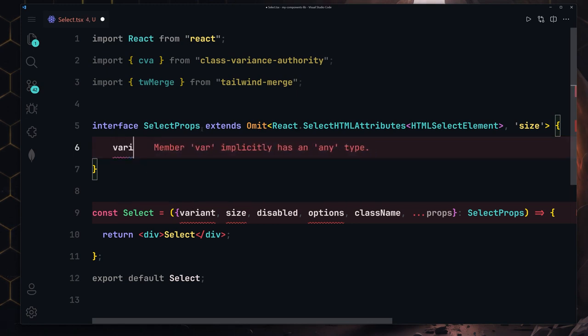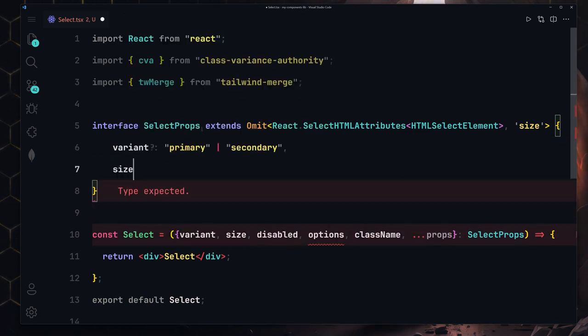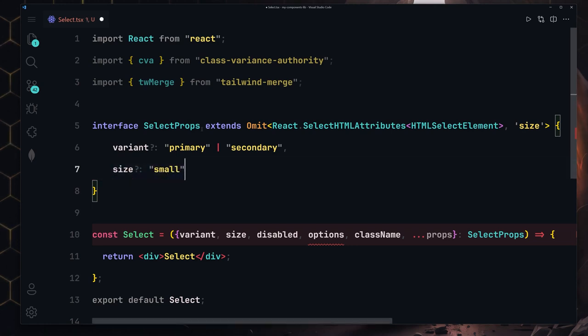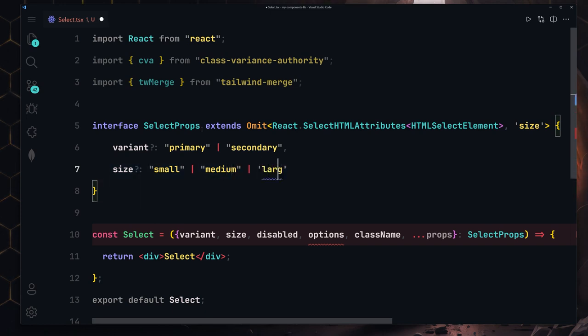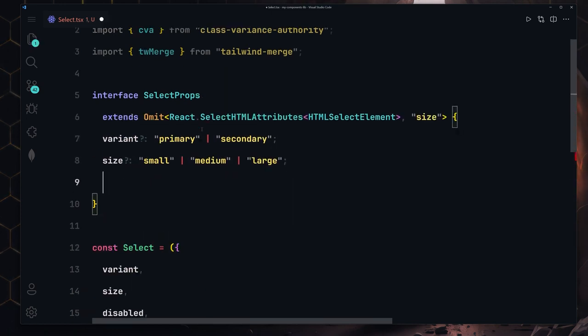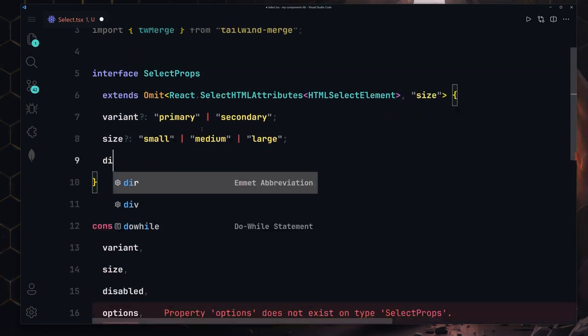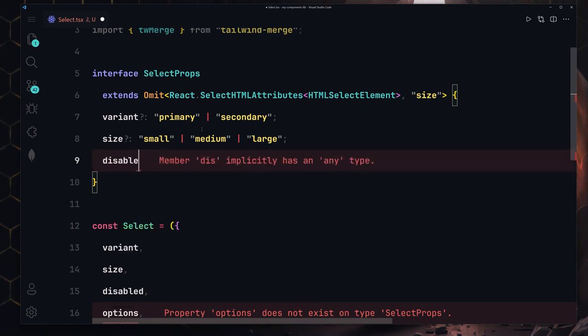So let's space our variant. That's going to be totally optional. Provide a primary variant or a secondary variant right here. I'm going to be also providing a size, and the size will be either a small size, a medium size, or a large size. Let's just save this file right now, and we're going to be also providing a disabled one, which will